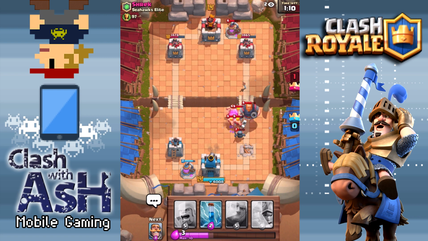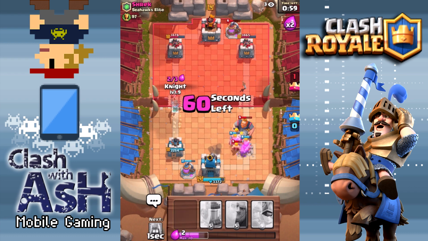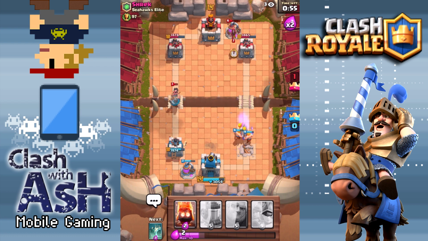Let's kind of regroup here. Not feeling too good about this one. Now he has the Princess here on the left bridge. Oh no, guys. This is definitely going to be my first loss, but we'll go ahead and stay it through here. Drop the Barbarians, drop a Knight on the left. Shrek's doing a good job here of really stopping me from doing what I want to do here,